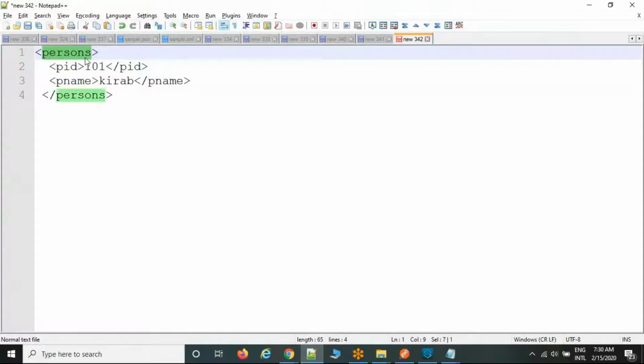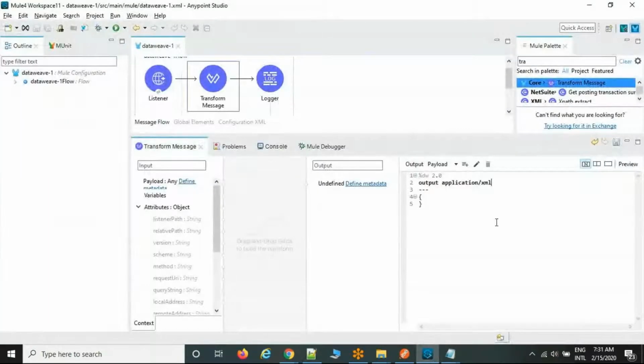We should follow the standards. But when it comes to JSON, root is not mandatory; root is optional only. But when it comes to XML, root is mandatory. In the input file there is no root element, but the target system expects a root element. Then what to do? We can go and discuss with them, because we are converting to an XML file and the root element is mandatory, but the input file has no root element. Do I need to put in a root element or not? Yes, definitely we should put it. Then what root element do we need to put? Anyway, they are going to suggest. As of now, I'm putting persons as the root element. Just remove this one, persons.